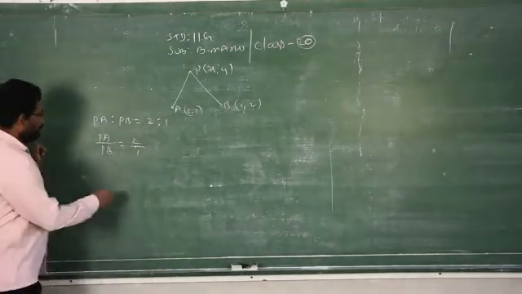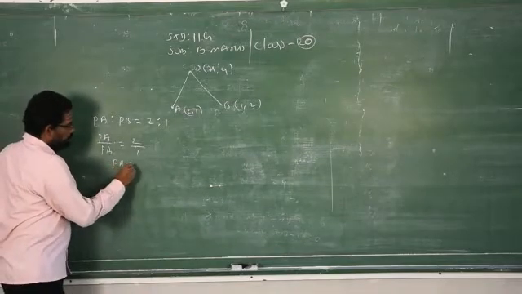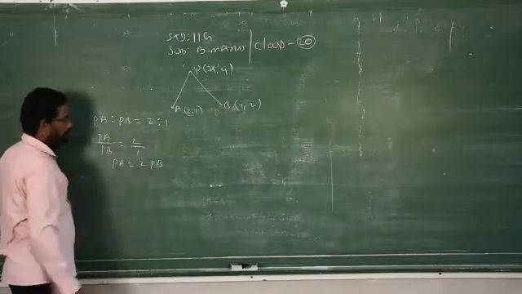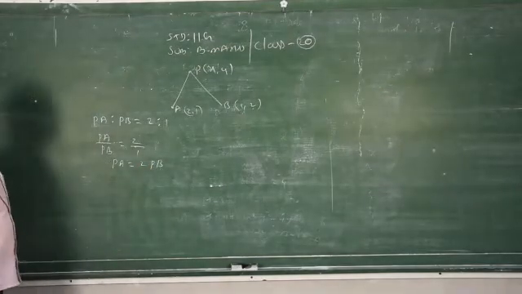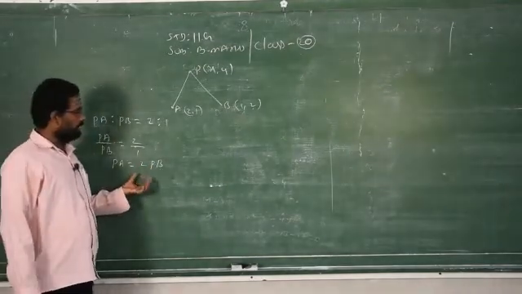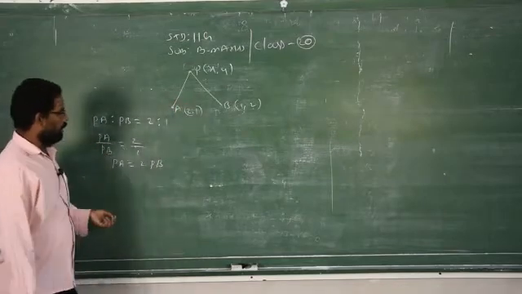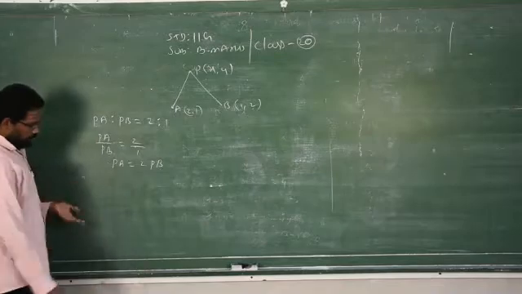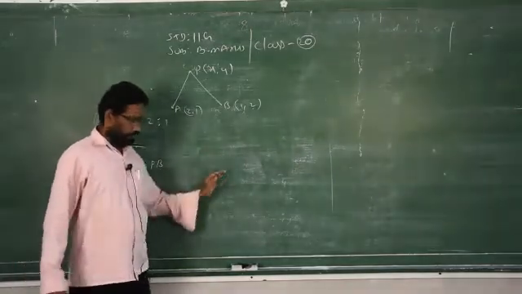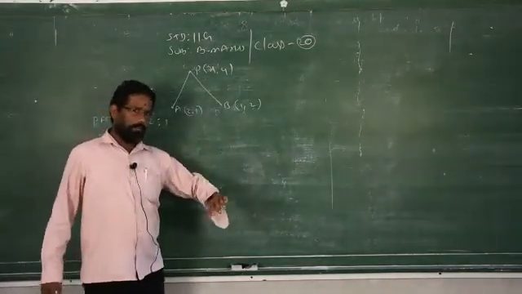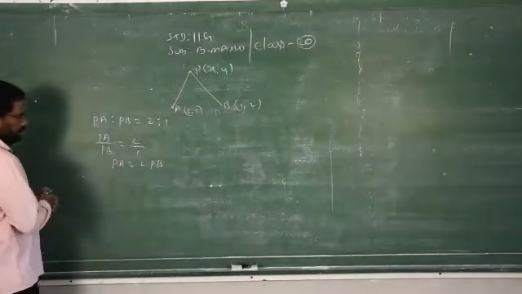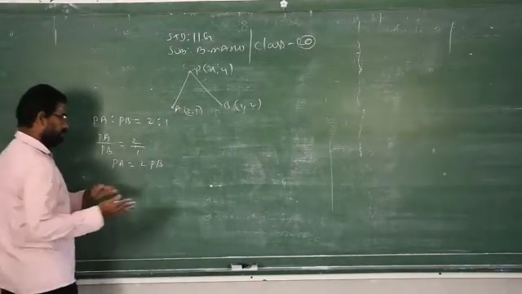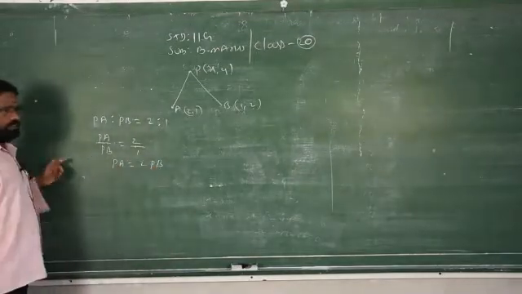Clear? Then PA is equal to, just apply the cross multiplication, you will get PB. Now we can apply this directly by using the distance formula or by squaring on both sides. Now I am squaring on both sides, because before that I used to do the problem with the square root. For your understanding, I am going to take squaring on both sides without applying the direct formula with the square root for the distance formula.